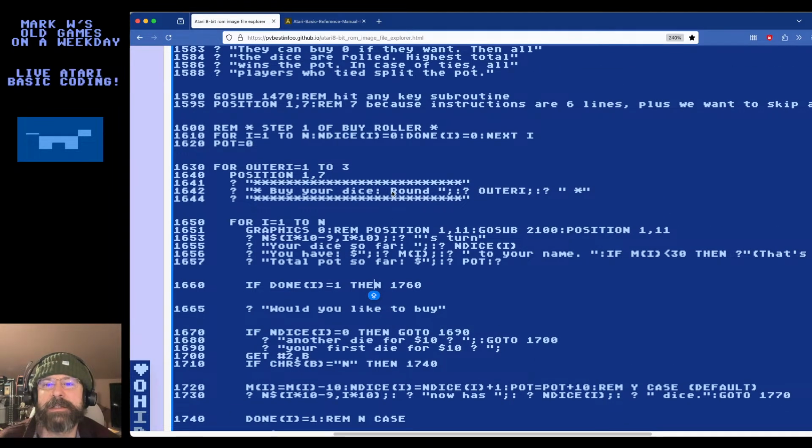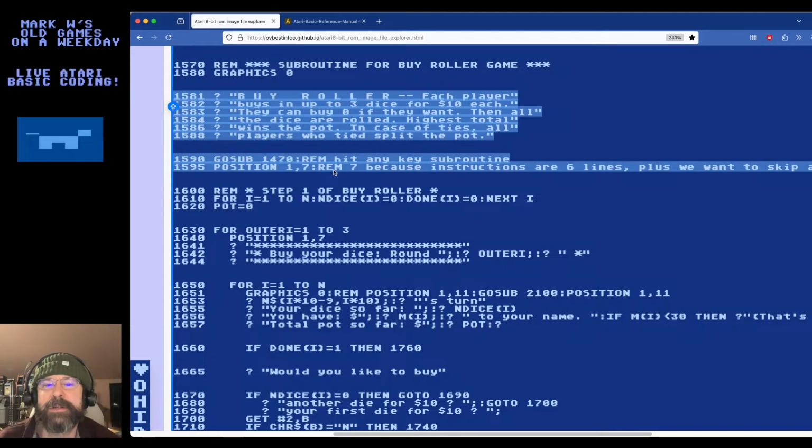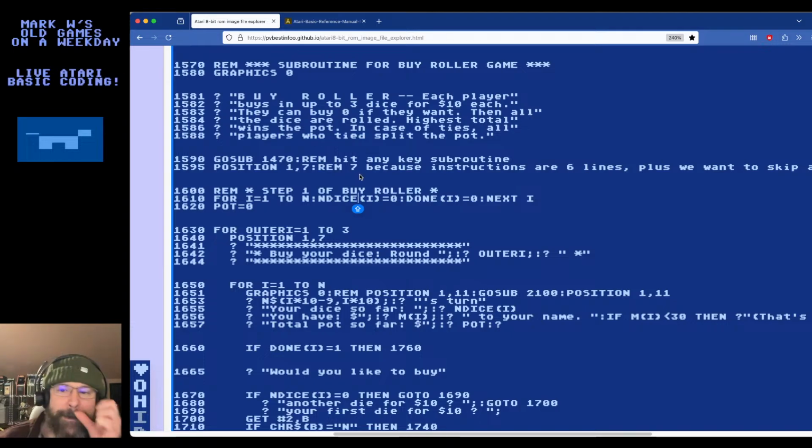Oh, now I'm realizing that I need a prompt. Otherwise, the instruction part is going to be drawn, and then it's going to instantly be cleared away unless I say something like hit a key to play. So I have to do that.